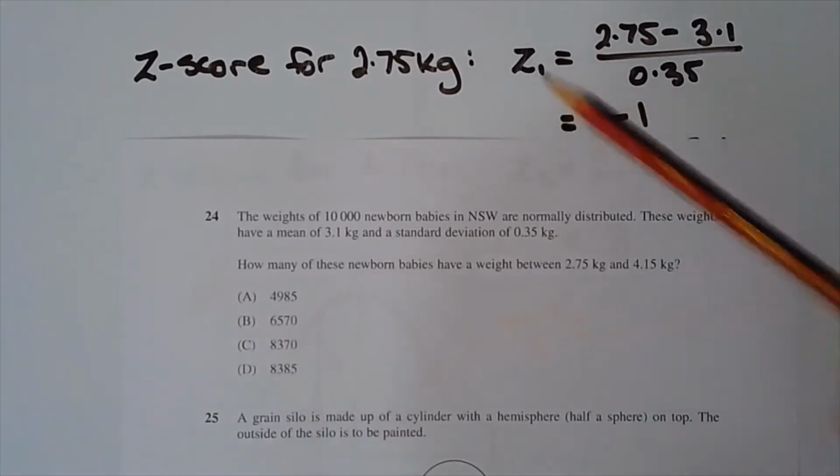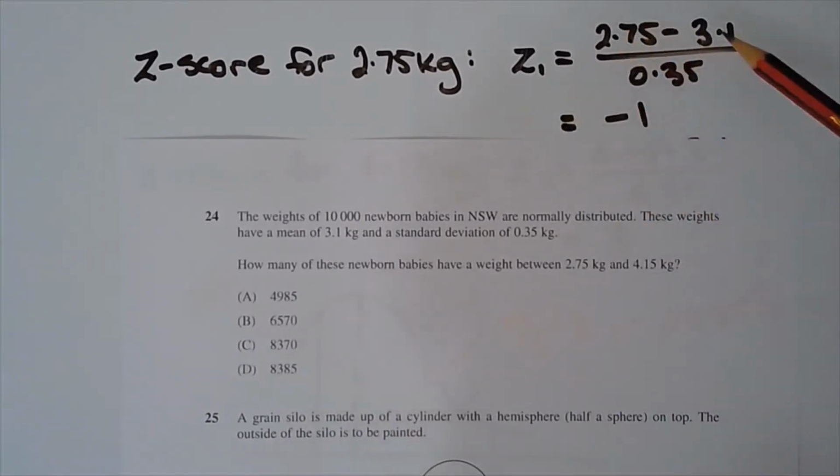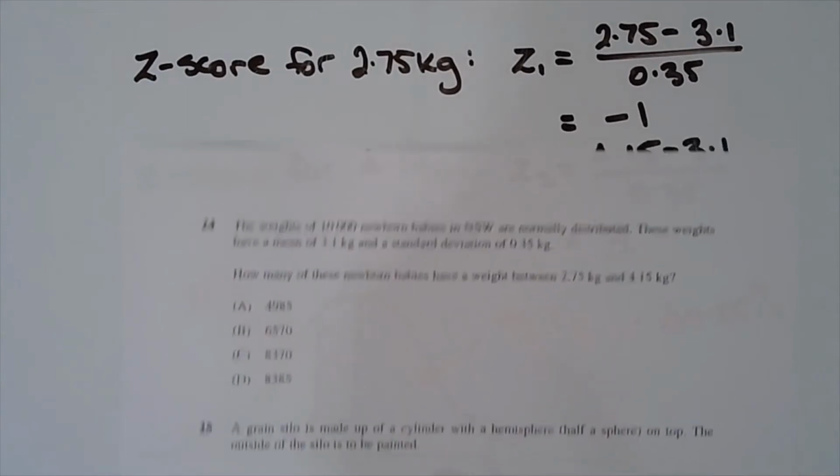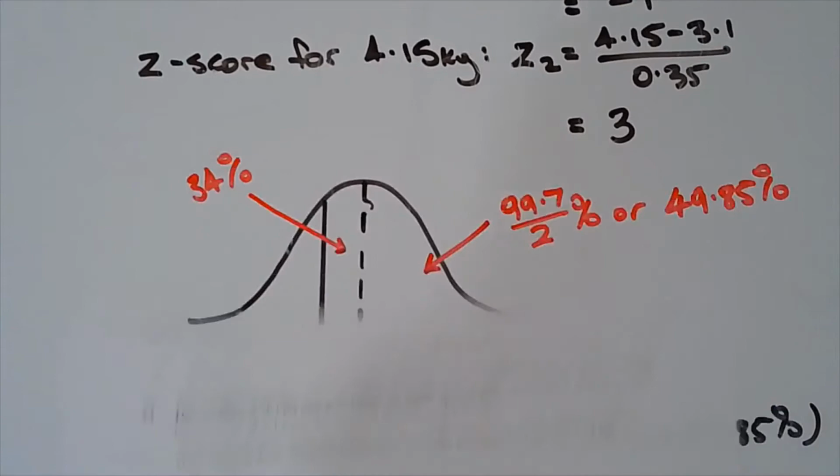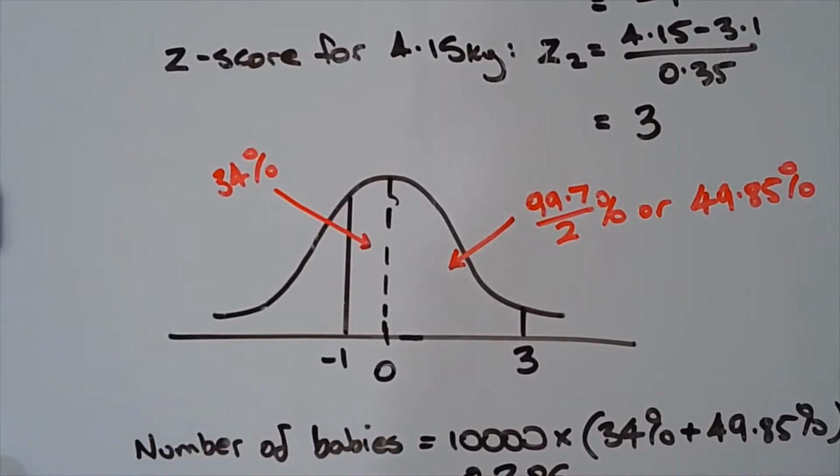So I'll call that Z1, which is equal to 2.75 minus the mean, 3.1, divided by the standard deviation, 0.35, and that gives us -1. Likewise, the Z-score for 4.15 kilograms is calculated in a similar way. I'll call it Z2, equal to 4.15 minus 3.1 divided by 0.35, and we get a Z-score of 3. So if we visualize that on the normal distribution, there's a Z-score of -1 and a Z-score of +3,